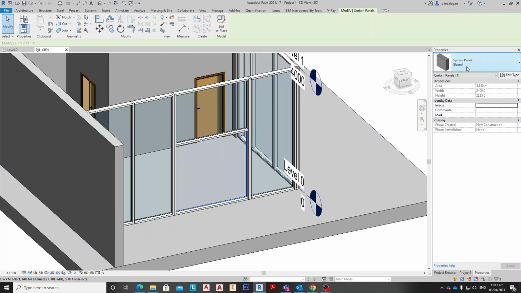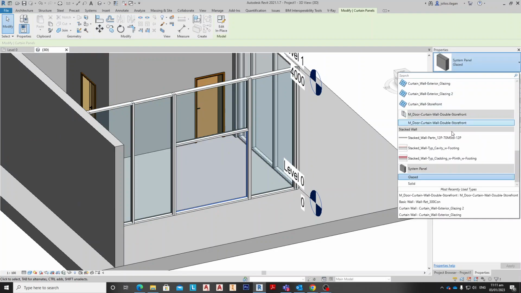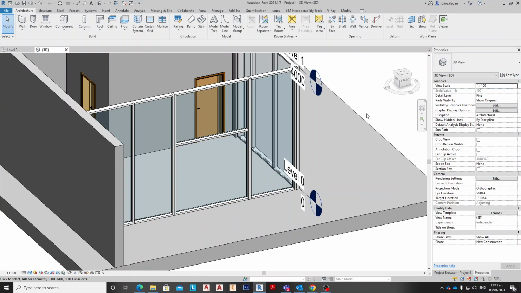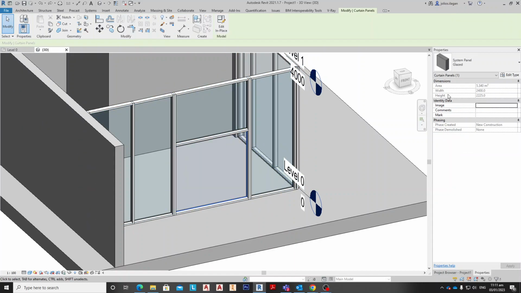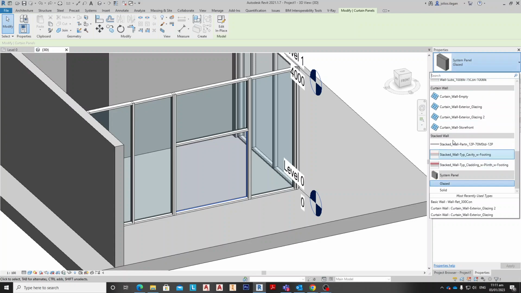If you select this one, you will see that there is a door curtain wall. Okay, so if you select this one, you will see that